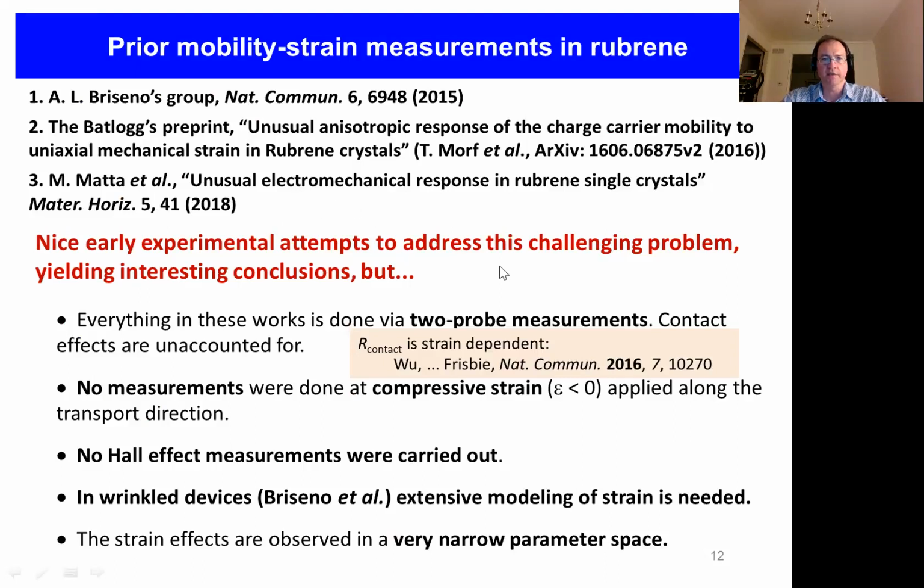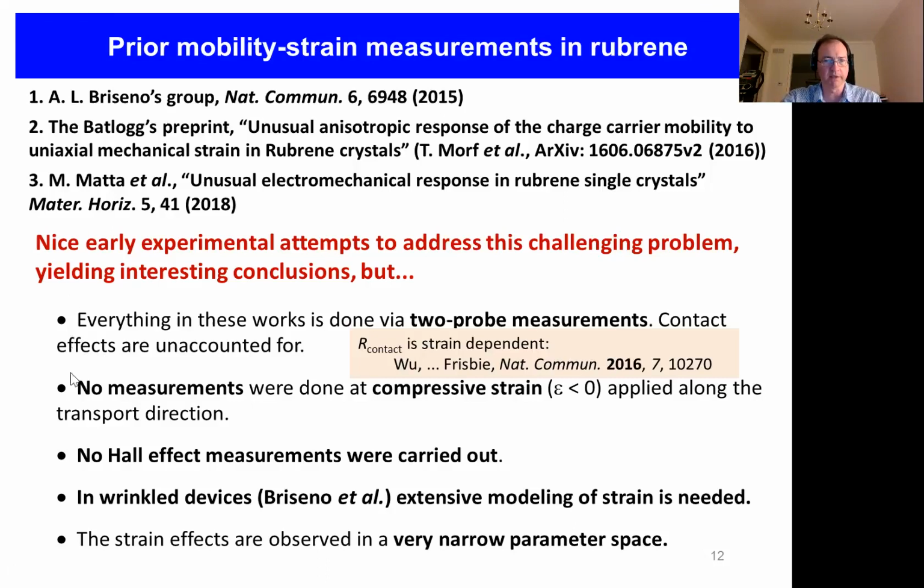These are very nice early experimental attempts to address this apparently very difficult problem of the mobility-strain relationship, yielding some interesting initial results. But unfortunately, we cannot really make a thorough comparison of their data with ours, because there are a few experimental deficiencies in these works that